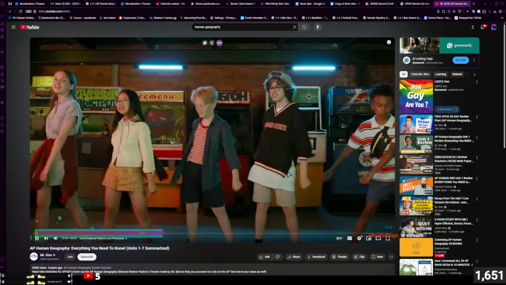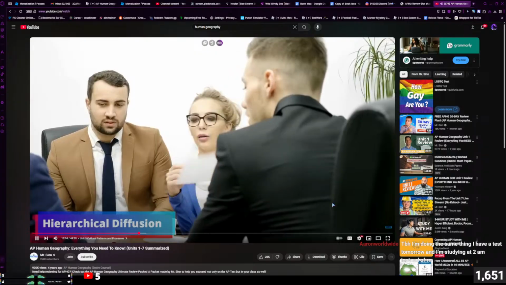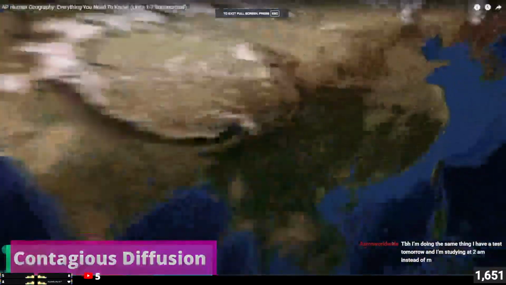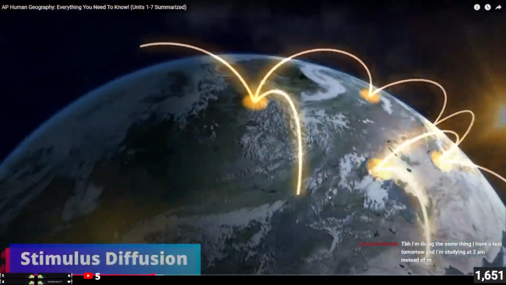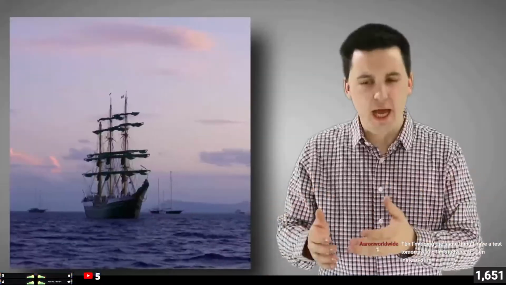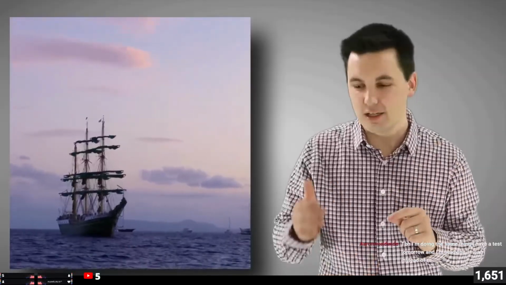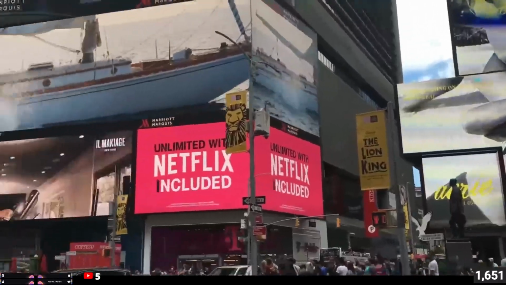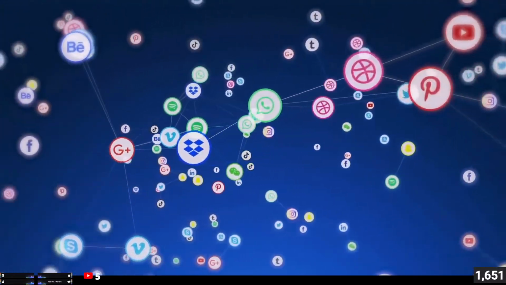Movement from one place to another. We also have expansion diffusion, where the amount of people participating in a cultural trade is growing. This can happen through hierarchical diffusion, where diffusion happens through a system of structures, moving oftentimes from the top down. Contagious diffusion spreads in all directions, allowing everyone to have access to the cultural trait without any barriers. Or stimulus diffusion, which is when a cultural trait diffuses and adapts to the different cultural traits of the area. Throughout history, diffusion has occurred through colonialism and imperialism, with English becoming a lingua franca, or how religion has spread, as Christianity and Islam diffused globally as universalizing religions. Today, diffusion happens through urbanization and globalization, mainly the internet and advancements in transportation and communication. We're more connected than ever, leading to space-time compression, which allows us to communicate with people all over the world and reduces the impact of distance decay. All this diffusion can lead to cultural resistance, as we might see people protest or go against different migrant communities, or new